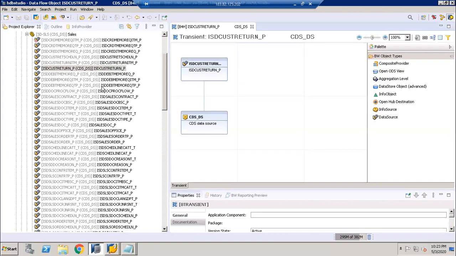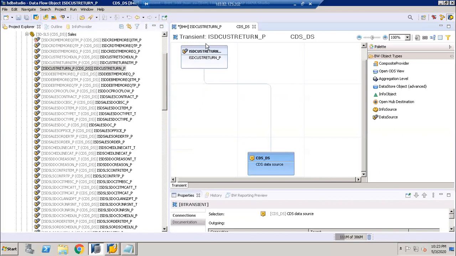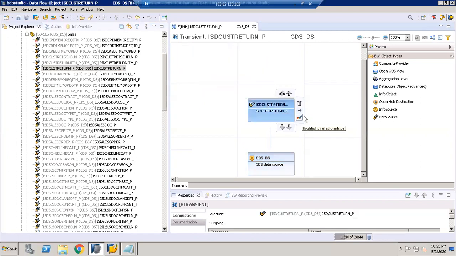I selected it. Here you can see there is a view. In this design mode, this is the source system ODP connection, and on top of it we have a customer data source, that is the CDS view. At the right side we have all the BW objects. So what we are going to do in the data flow, directly and ready-made itself, we can build our model.